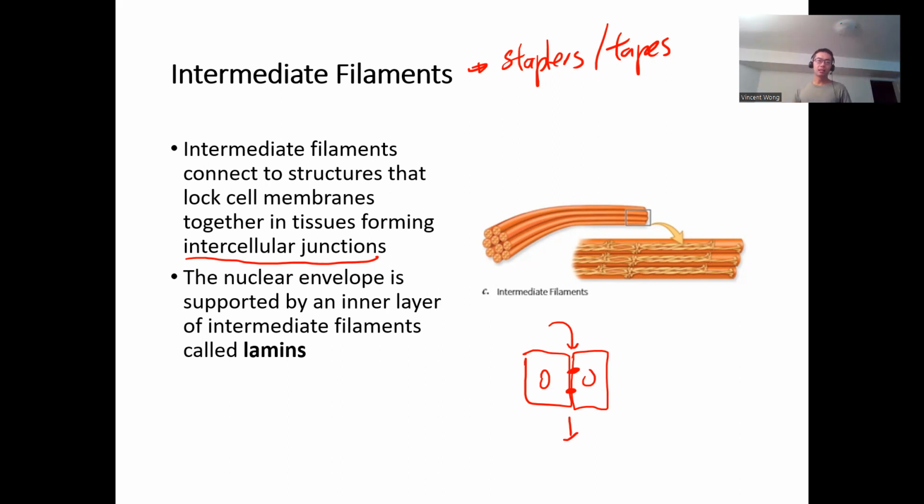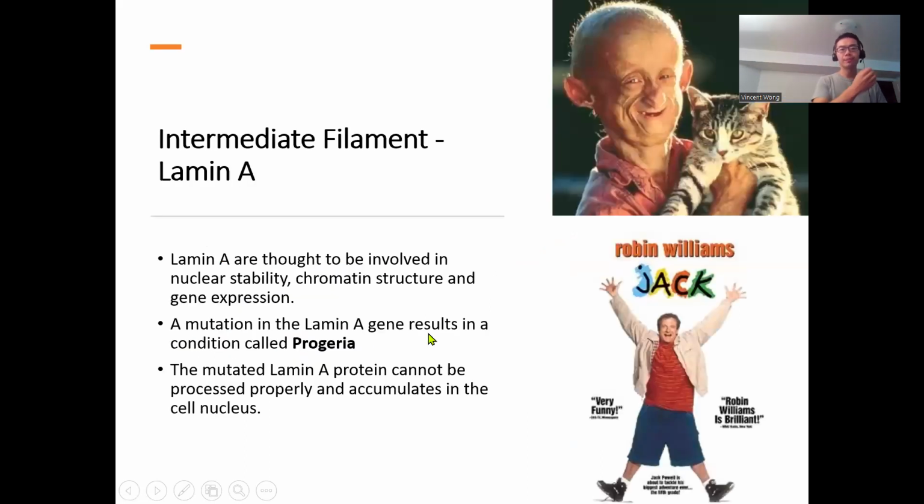Now, inside the cell, we want to have a pretty stable structure for the nuclear envelope as well, right? Okay, because we don't want the DNA to be leaking out and stuff like that. So there's a special kind of intermediate filament that supports the nuclear envelope. We call them the lamins. All right. There is a condition that is associated with